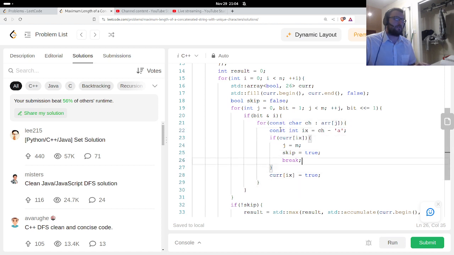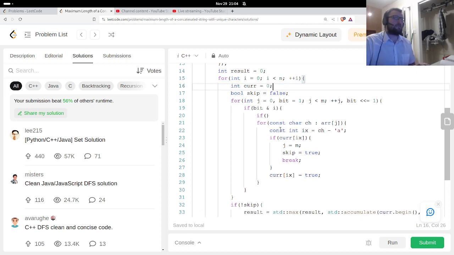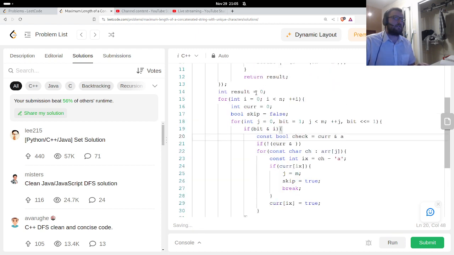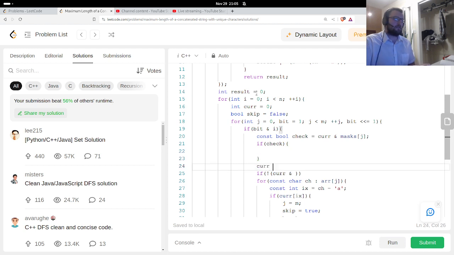I can do if current and masks J, if not check, or if check, then I do one thing, otherwise, or equal with this mask.